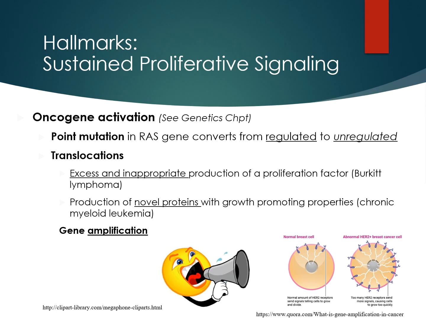These are some of the things that commonly happen that help promote what we call sustained proliferative signaling. We talked about autocrine signaling, so sending out something like growth factors, but other things can happen. We can have genetic changes that change the message that goes out that tells the cell what type of proteins or what type of function it should carry out.